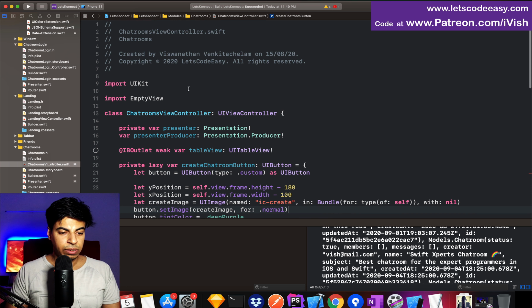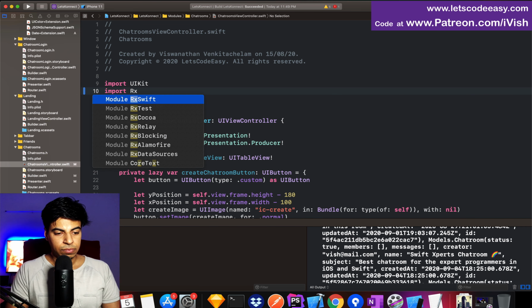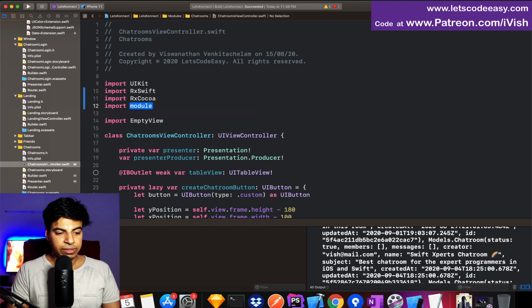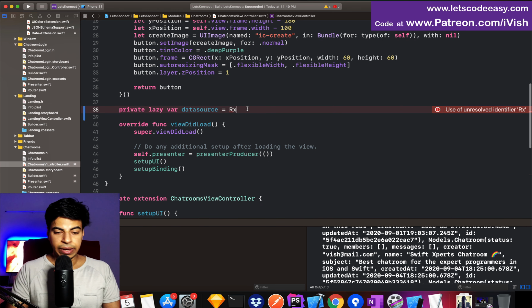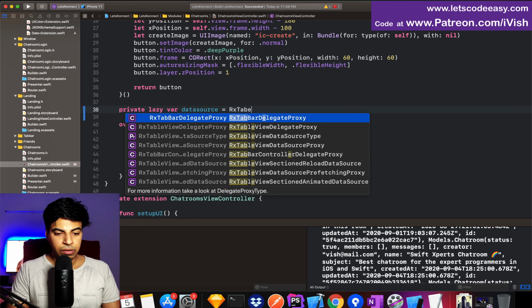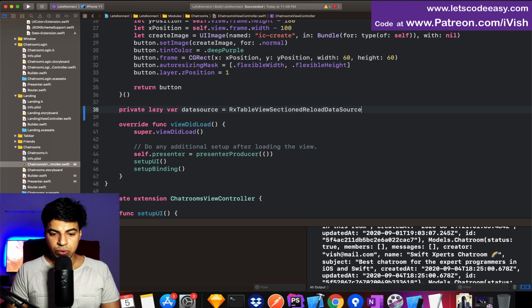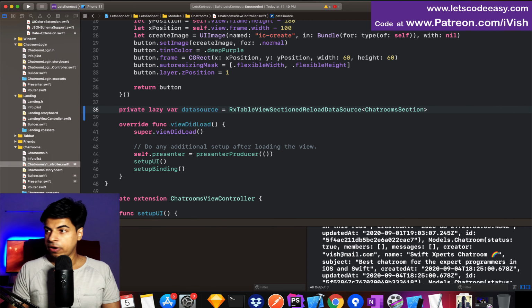So we need to include rx data sources, and let's include RxSwift, RxCocoa, and RxDataSources here, and then make this RxTableViewSectionedReloadDataSource, and specify the section table view section. Chatroom section is our table view section, which in turn creates